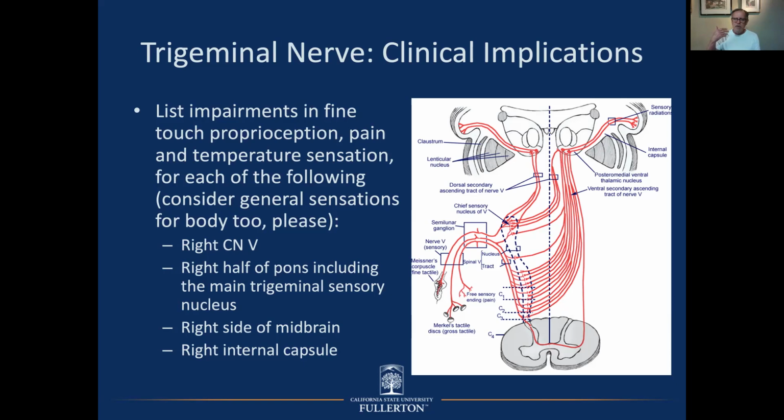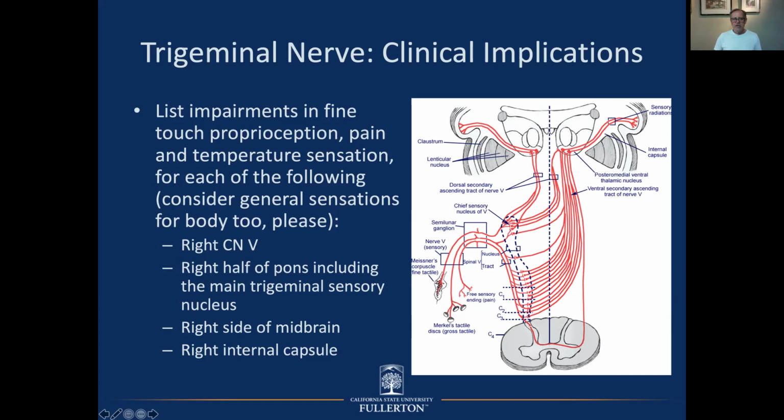The pain and temperature for the whole body is represented in that lateral spinothalamic tract, including the face, once these start integrating into it down here. So that's a kind of a minor detail, but the essential point is that all the second order neurons decussate. Okay, now let us use this slide while we've got it up here to analyze what will be lost